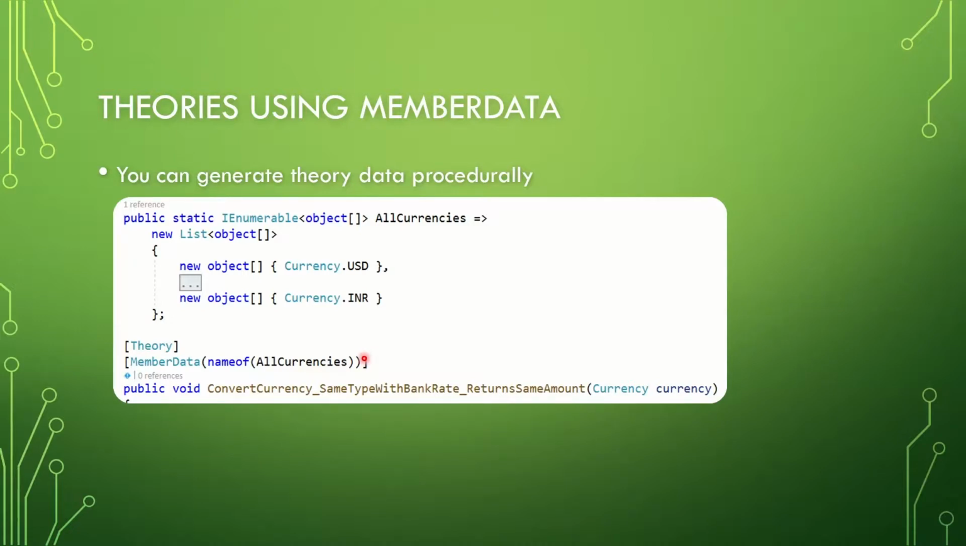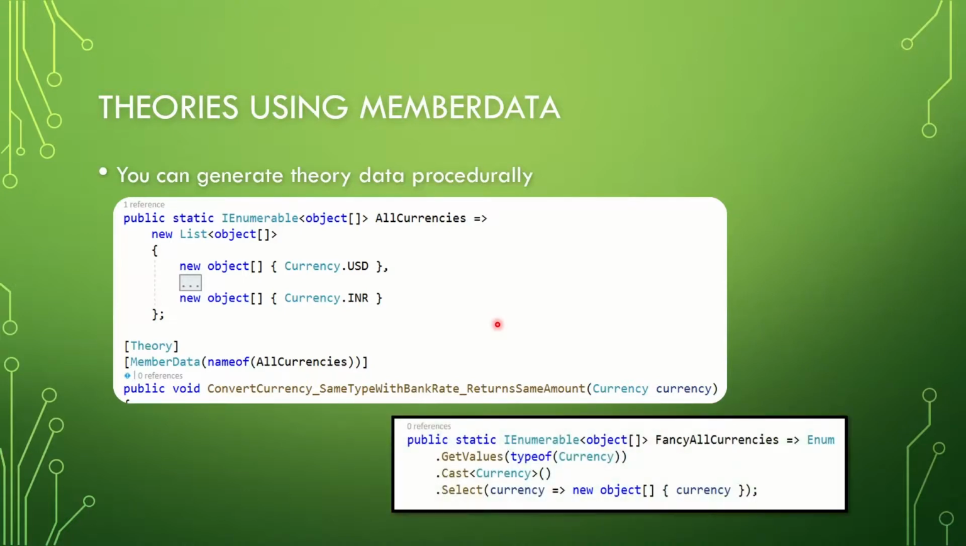Now, since we're running code to generate this, you can go beyond just statically defining what the list is going to be. You can get a little more creative and write a function that does something a little fancier. In this case, I've got something down here that uses a LINQ query. We're going to get all the values of type Currency. Then I'm going to do a Cast to convert the objects in the array that we got back from GetValues